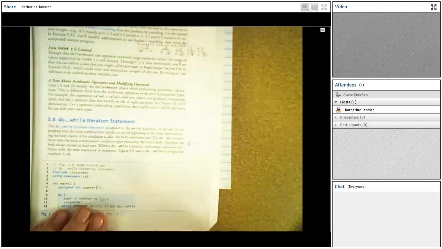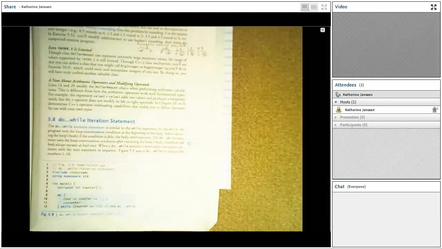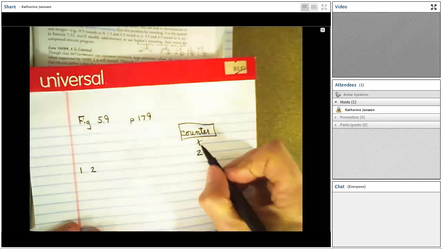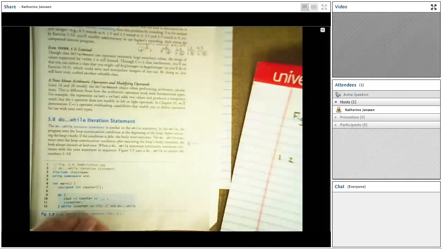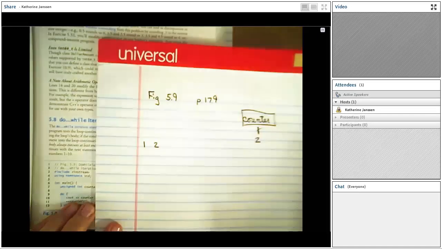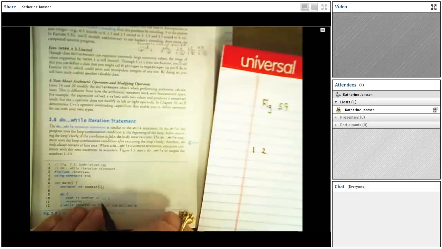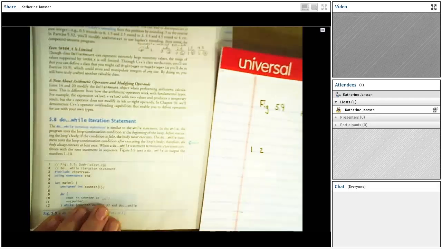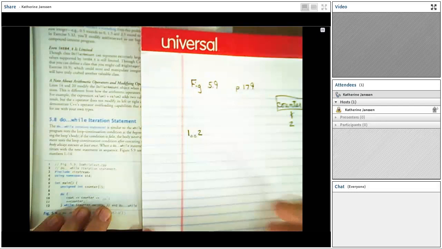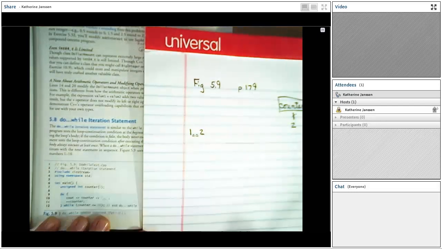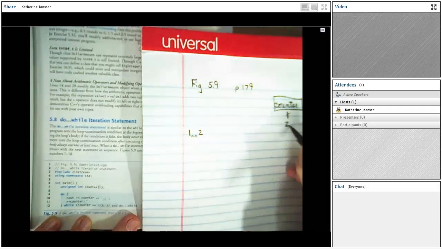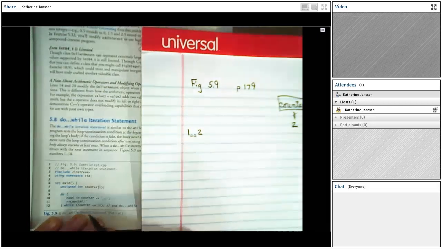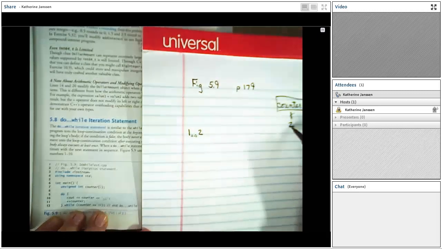So we're going to initialize counter as a positive int and initialize it to 1. And then we output 1 and continue to output 2 blank spaces. So I have some spacing in my output. Counter is incremented with the plus plus counter, so it's now 2. The test occurs at the bottom of the loop while counter is less than or equal to 10, and 2 is less than or equal to 10, so I